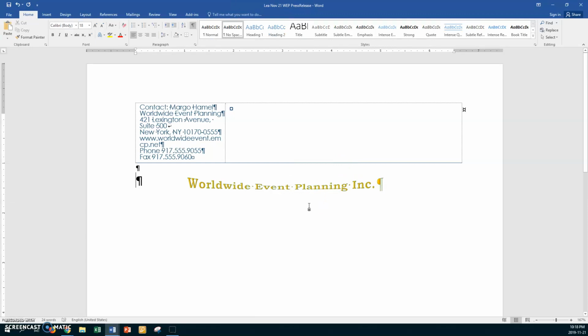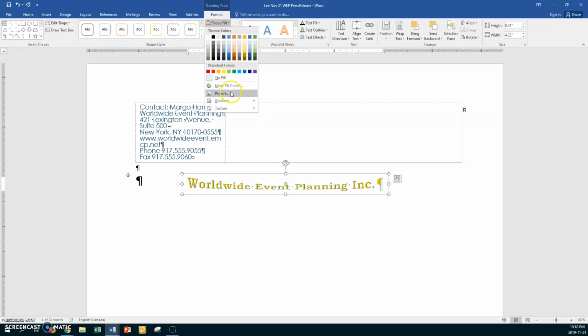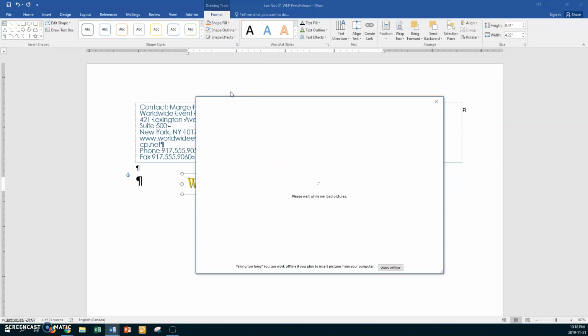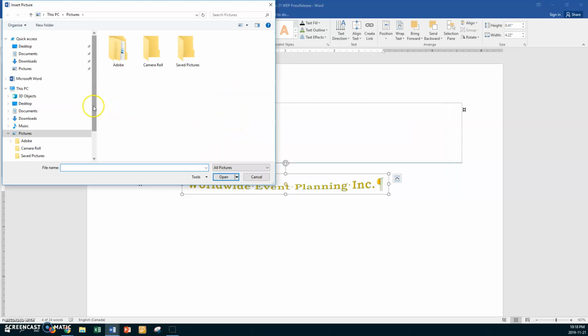Okay, and I chose event planning style that I liked. Now it says fill the word art shape with your name, your graphic. All right, so click on your word, and now click on your frame and go to shape fill this time. Okay, and you're going to say picture, and you're going to go to from file, and you're going to go